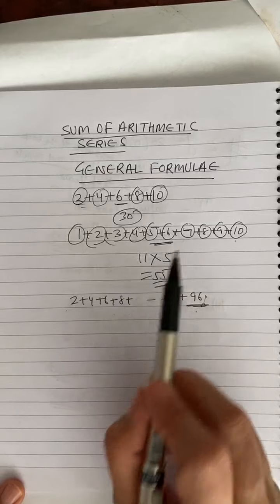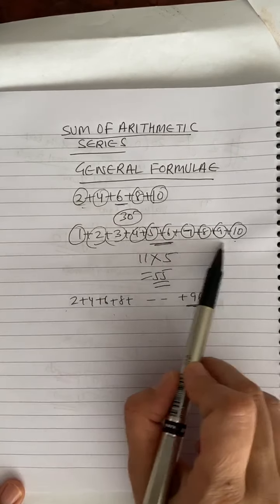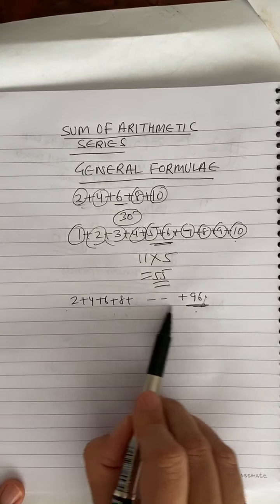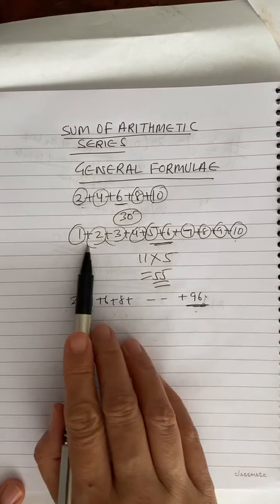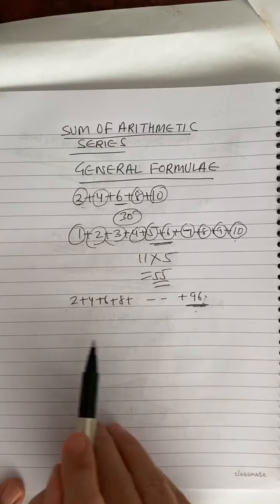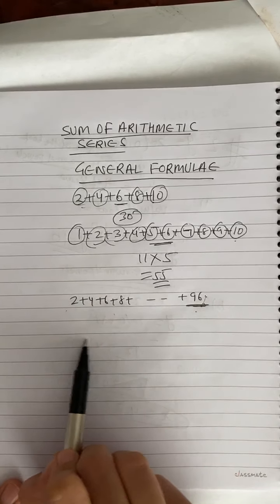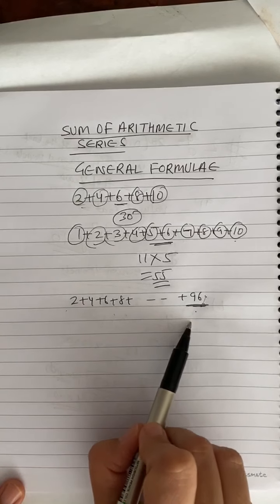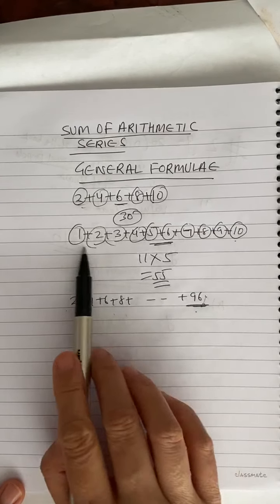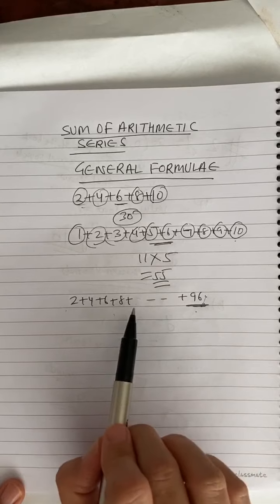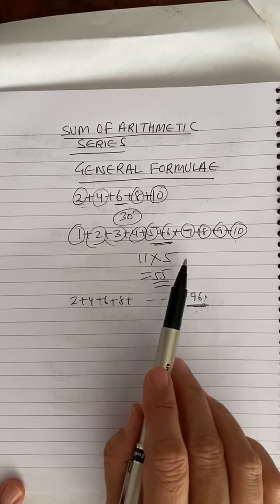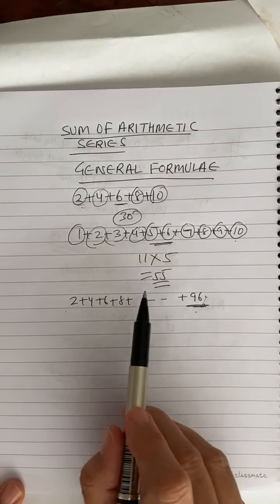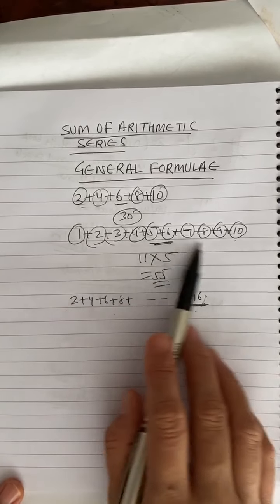But there must be another way of finding the sum of these numbers. Right now it's kind of simple, because here the common difference is 1, here the common difference is 2, but sometimes the common difference may be a negative number, or the numbers are too huge. So rather than using this approach, we can find the sum of n terms, or the sum of any number of terms, quickly. So I'm going to show you another way of finding the sum here.